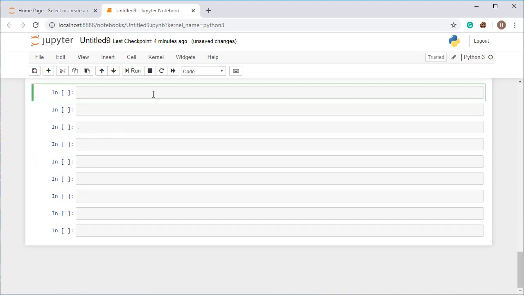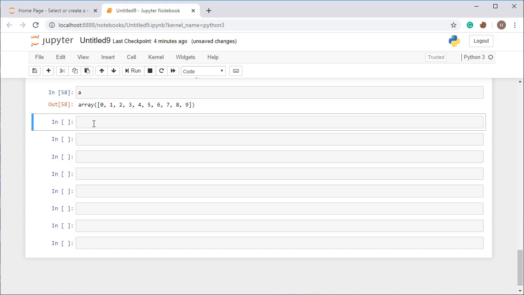Now I am going to show you how to perform indexing and slicing in an ND array. So for that, let's see. This one is the array A. Now I am going to perform slicing. For that, you have to use the same as we have done in Python in lists and other things. So take a start point, here I am taking 1, put a colon and then provide the end point, and the end point I am taking as 8, and give the jump value.